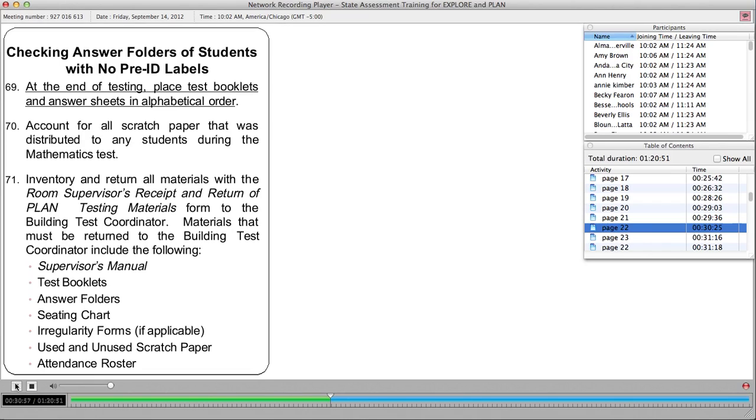Also, the reason for asking that the test booklets be in alphabetical order is not for us, but you're going to need to distribute to the student his or her own test booklet once reports are received. So make sure that you place those in